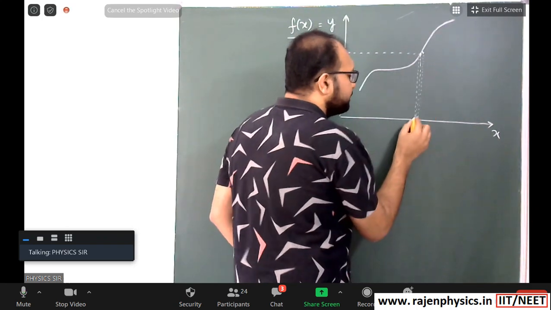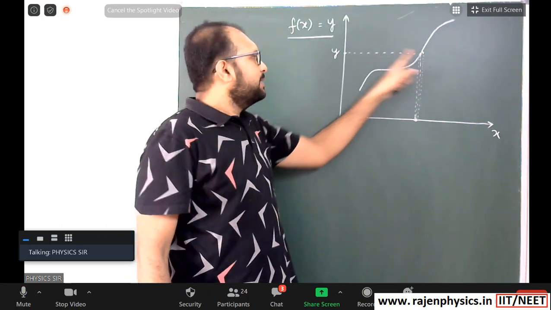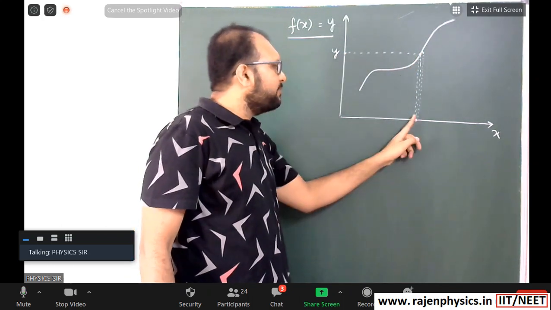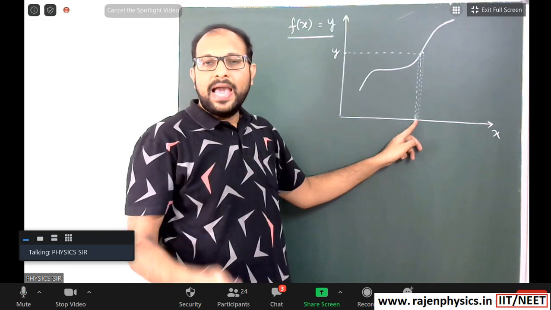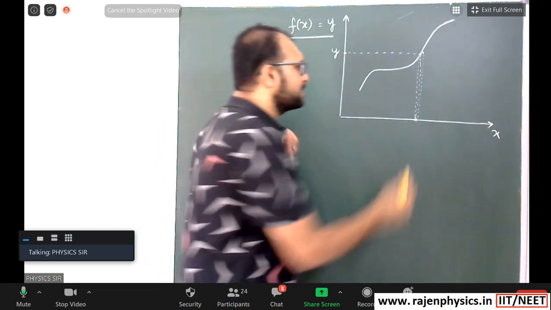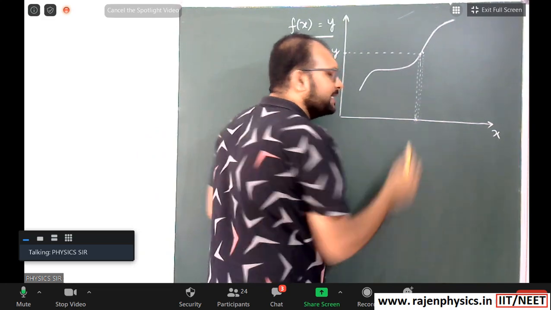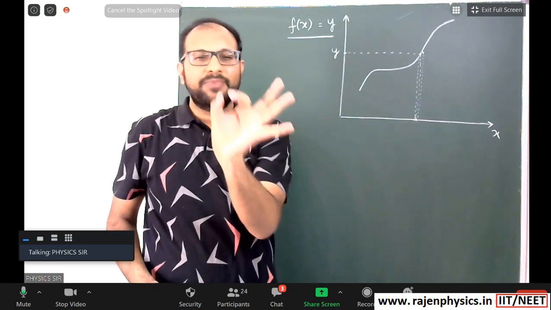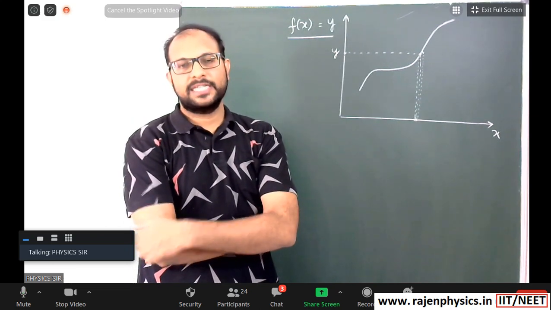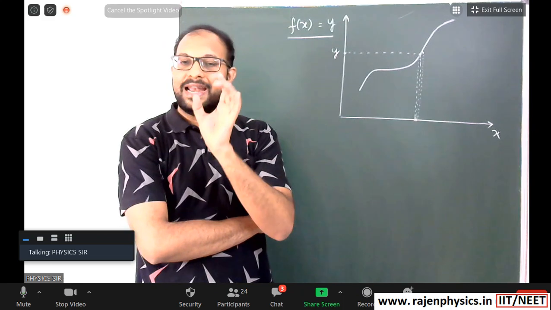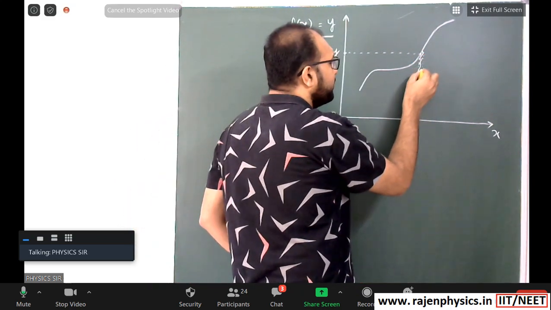So now at this particular point, this is the value of y, this is the value of x. On the x-axis, I have taken two nearby points. Suppose this is x, and to the next side, x plus dx. A very small difference is the dx, infinitesimally small, just like the differentiation what we have taken.